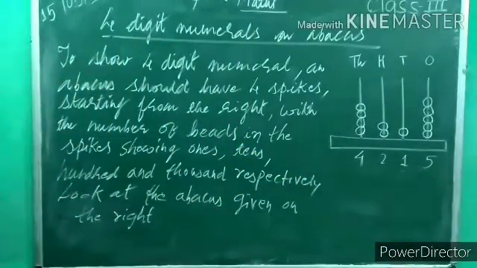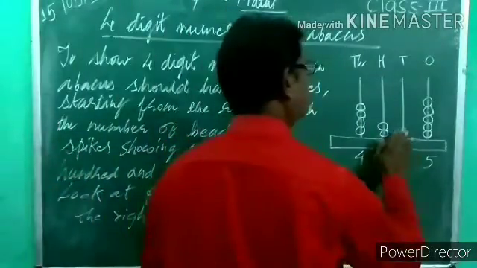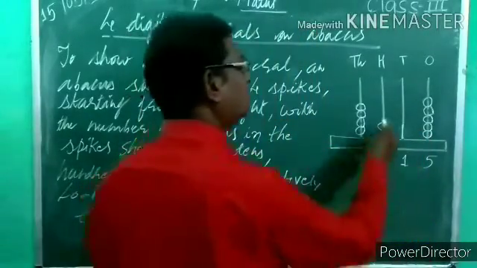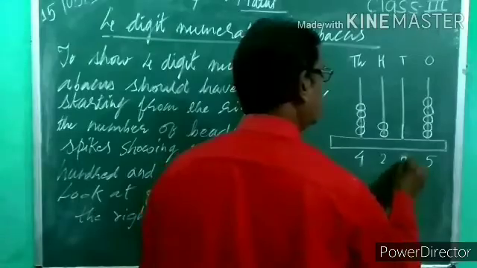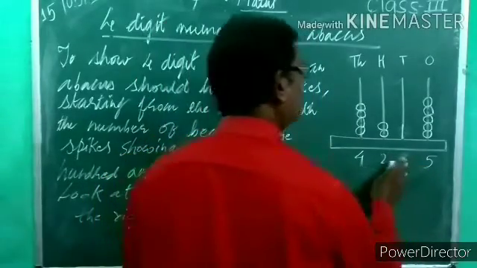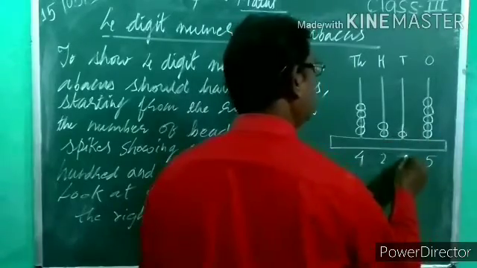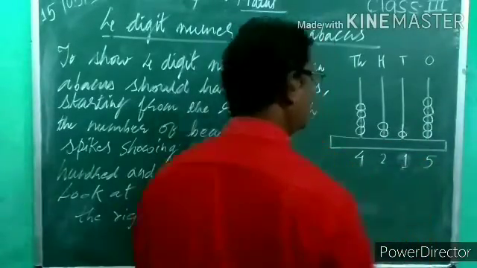4215. Suppose there is no beat in a spike, like this. In this spike there are no beats. So at that time what do we have to put there? 0. We have to put 0. If no beats are given, put 0, but if beats are given, then if 1 is there, you have to write 1 only.